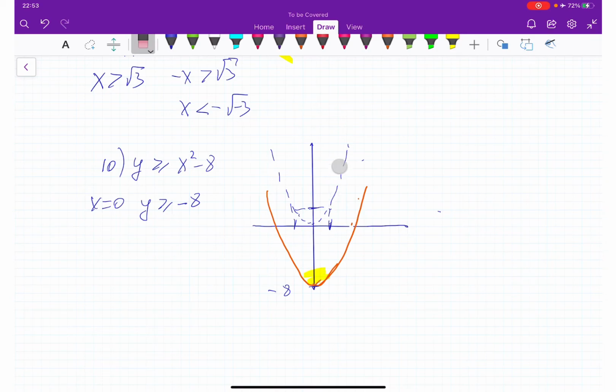Let me clean this. We don't need this creating a mess. We used it to find the original that we needed, x squared minus 8. Now we don't need it, so it's going to go up. Yes. Now let's see about x. If y is equal to 0,